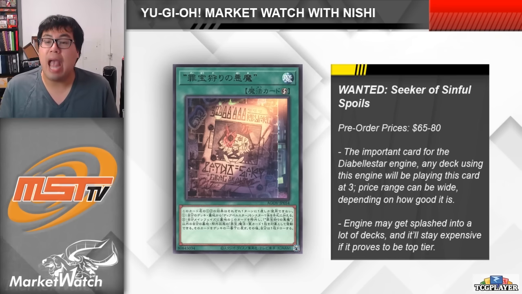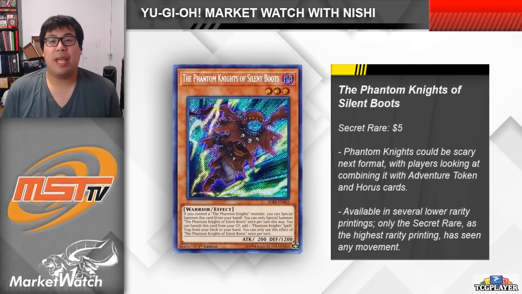But for now, and for while you guys are at your sneak peeks this upcoming weekend, if possible, I would hold off on picking up this card for now and expect to see the card's price cool off within the next couple of weeks. Okay, so we're moving on to a few existing cards here, but these cards are still related to the format coming in after Age of Overlord,